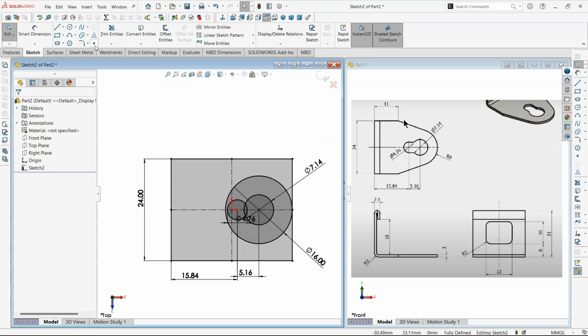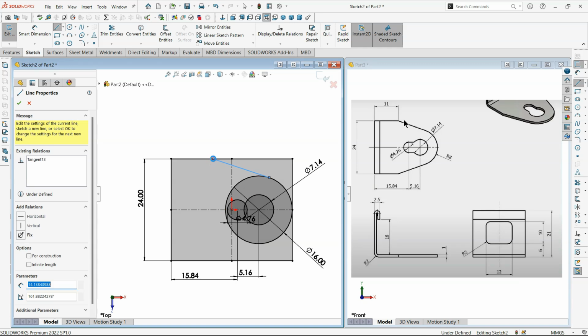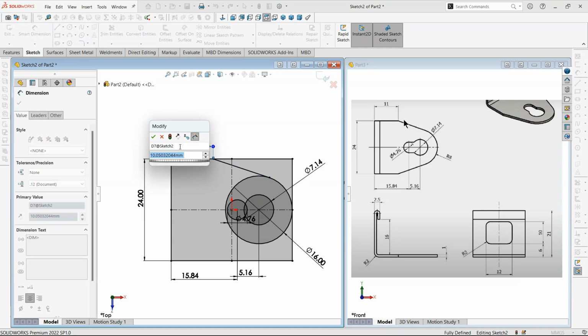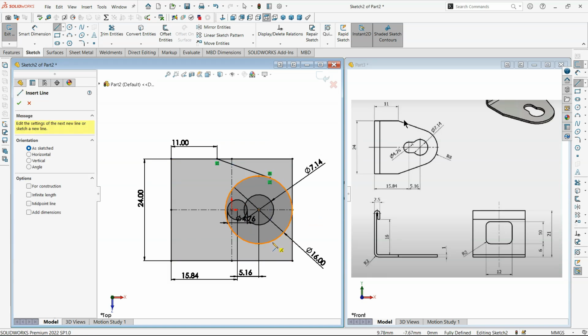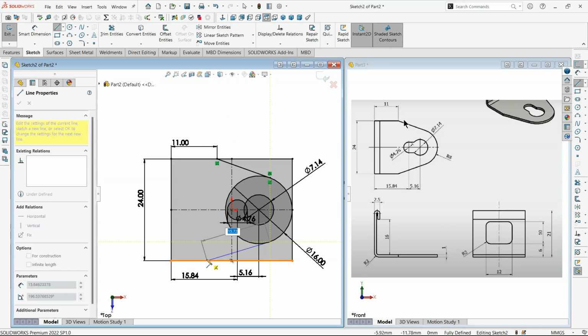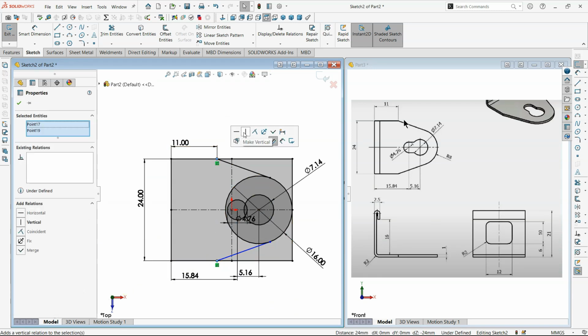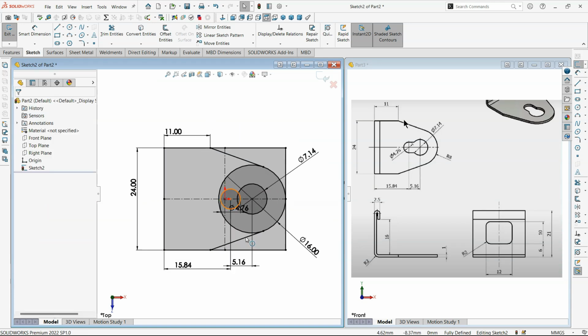Now there is a straight line coming from this big circle, which is basically tangent to the circle, and the length from this edge to the bottom here is 11, and this is tangent. You see the relation has been added automatically. By again doing the same thing, clicking on both points and giving a vertical relation, now you see we have created a